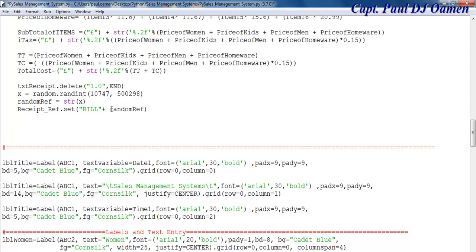Now, finally, we now want to store everything inside the receipt. So the receipt is going to be receipt dot insert. I may have to speed this up because time is against me now. So that's going to be comma, and that's to be a receipt. So I want you to display as follows: